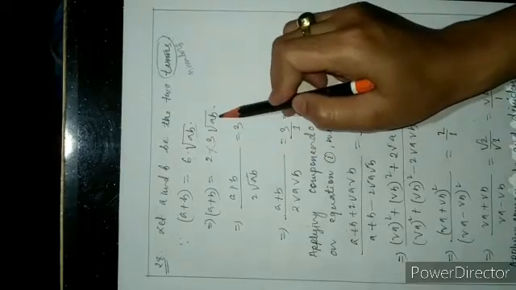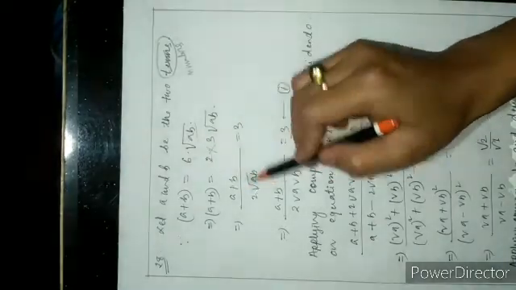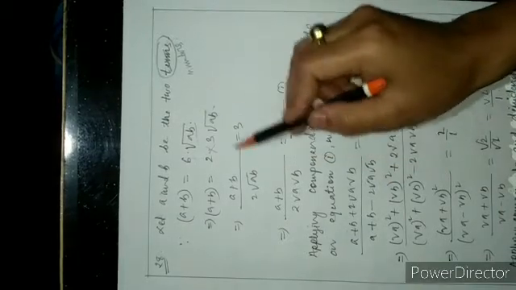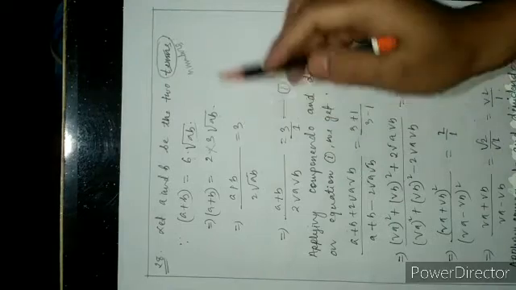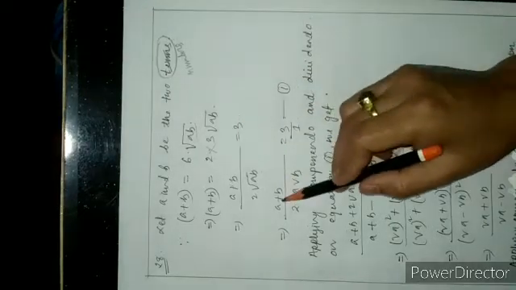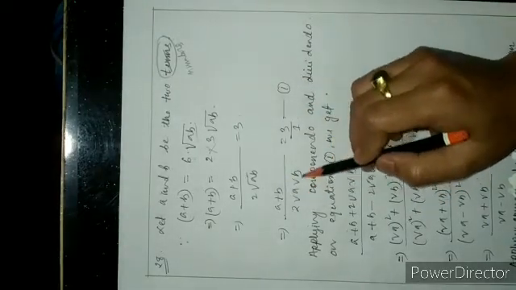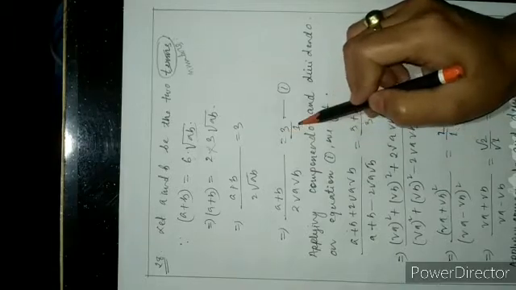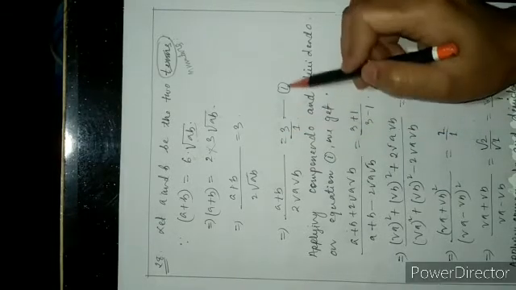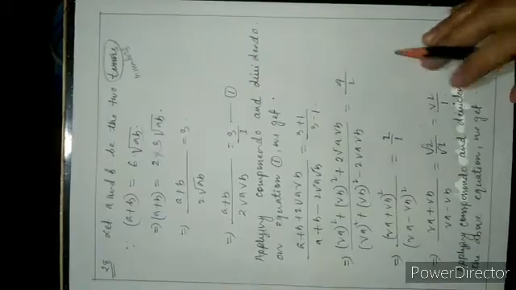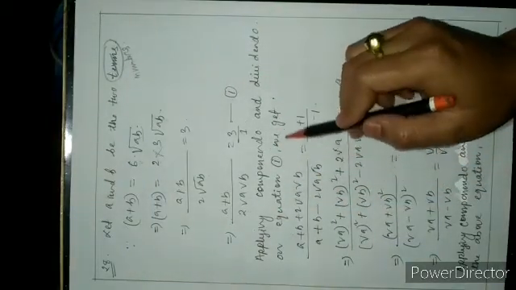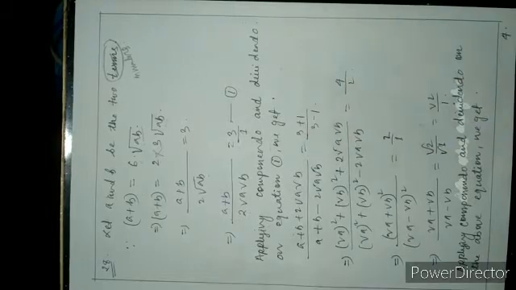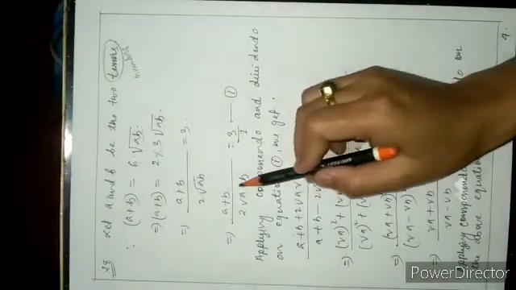So A plus B is equal to 6 times root over AB. Dividing by 2, we get A plus B over 2 root A root B is equal to 3, which we write as equation number 1. Then applying componendo and dividendo on equation number 1 we get